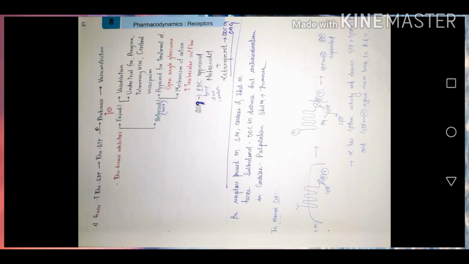Another drug that acts through Rho kinase inhibition is Netarsudil. It has been approved for the treatment of open angle glaucoma, and the mechanism of action is that it causes increased trabecular outflow as it relaxes the trabecular meshwork in the eye. Okay. In 2017, the Netarsudil drug was made available. Again in 2019, the fixed dose combination was approved, that is Netarsudil plus latanoprost, the drug of choice in open angle glaucoma. Okay, so this is my ending to this topic.